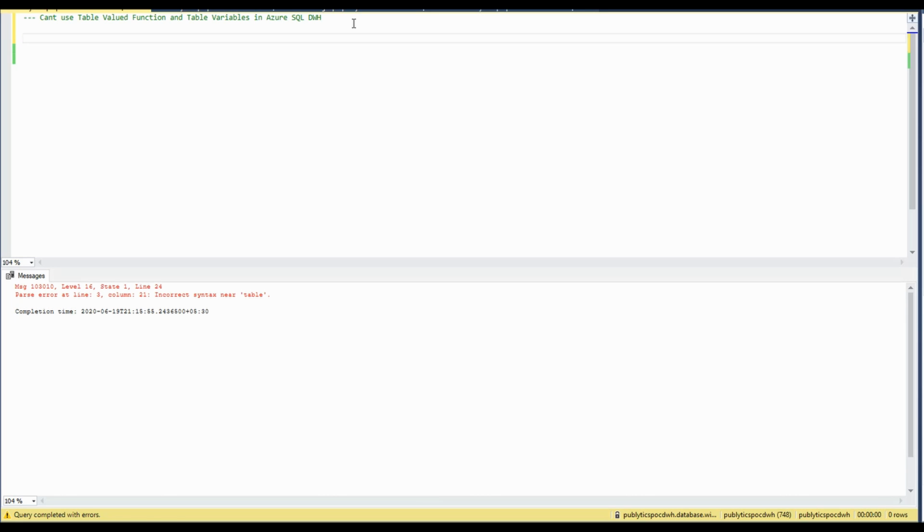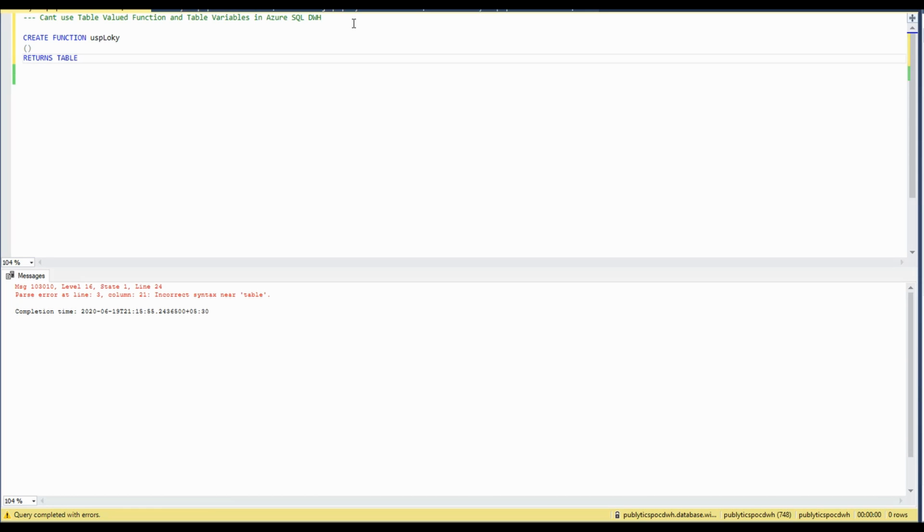Let's create the table valued function, and the syntax is simple. You just write create function and then the function name. Let's give it the name Loki, and we are not passing any parameters. Then you specify which data type you want to return.